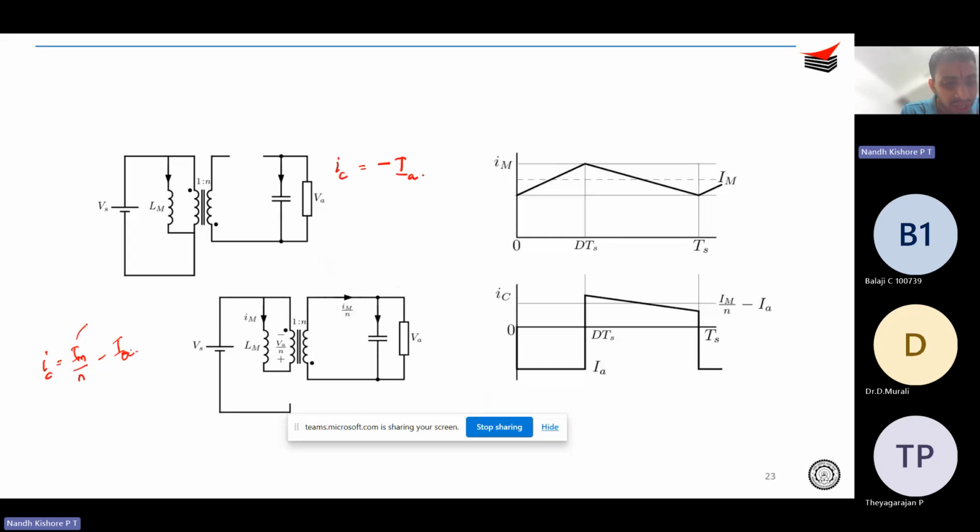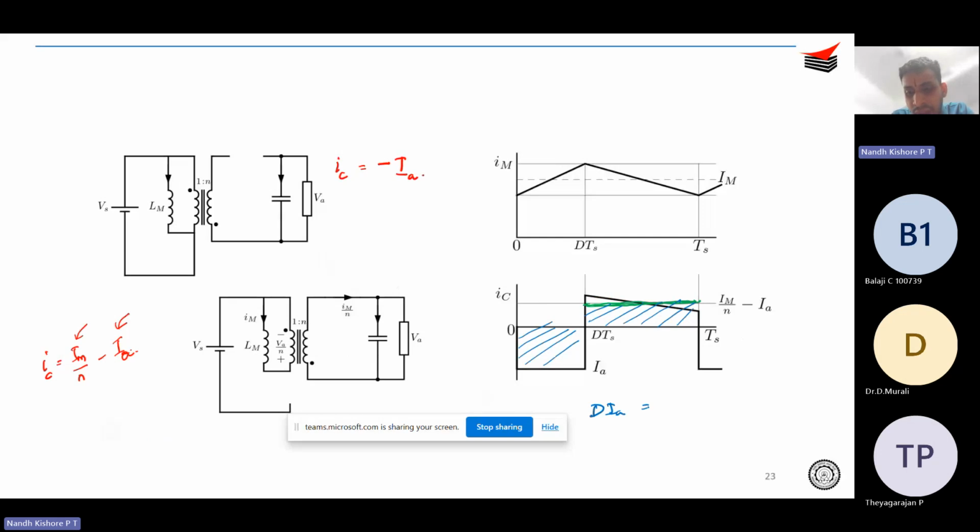Correct? I have written capital IM and capital IA to indicate the average values. Even though the graph is falling something like this, we are taking the average. Therefore Im by n minus Ia is a DC quantity, or an average number, or a fixed quantity. Therefore, we can assume it is something like this, somewhere in the middle. Okay. Therefore, what you do is you apply capacitor charge balance over here. That is, the area over here and area over here should be same. Correct? Therefore,